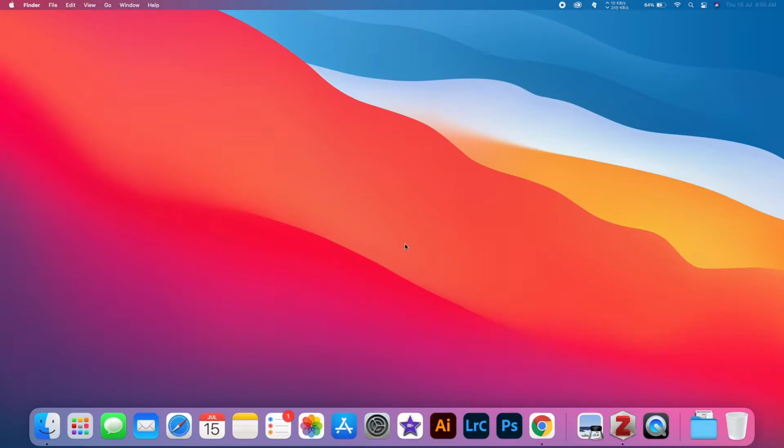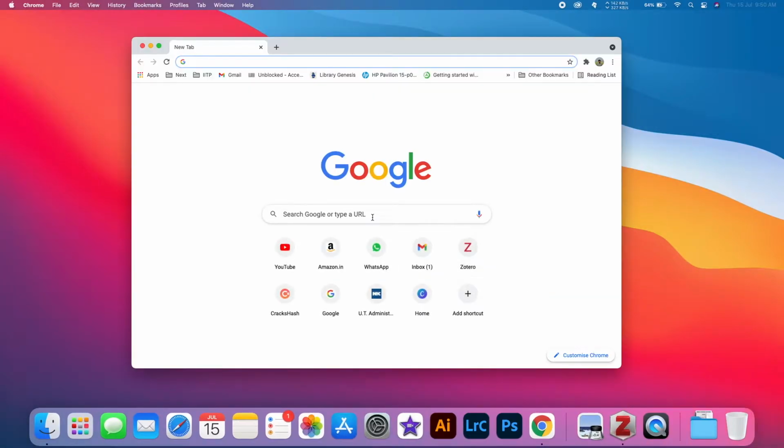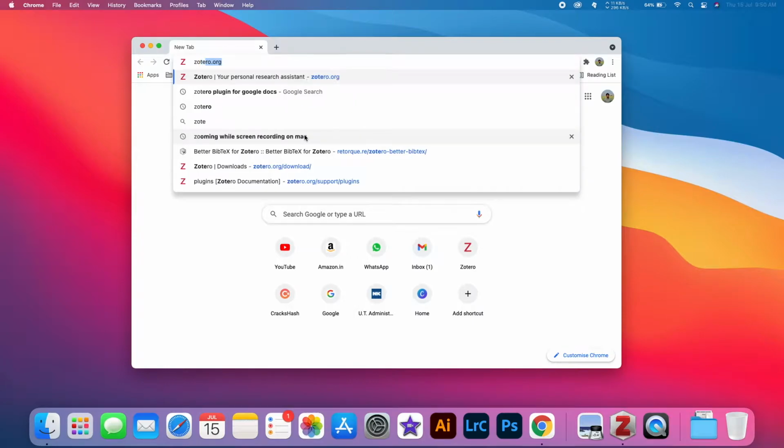In my previous video, I have shown how to install Zotero, and in this video, I will show you how to install Zotero connector for Chrome, and then I will also show how to install Zotero plugins. Specifically, three plugins. Number one is Better BibTeX, number two MD Notes, and number three Zotfile. So let's get started. Go to Chrome and go to the Zotero website, zotero.org.